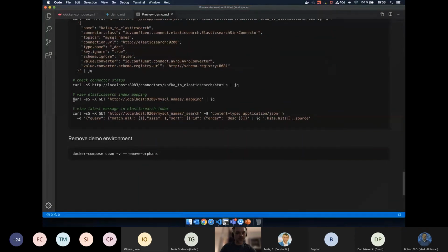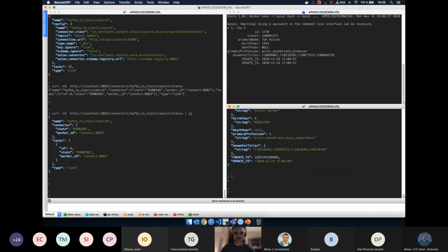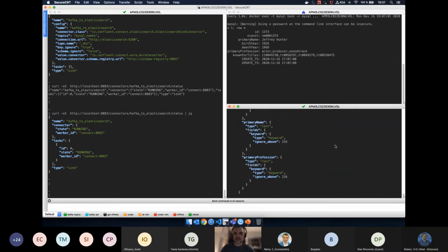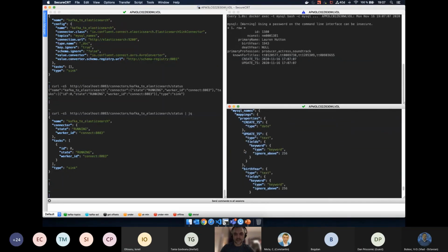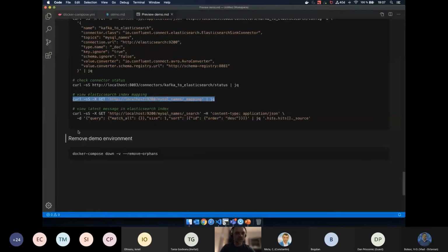And you can see the mapping of our index in Elasticsearch with a quick REST call. And we see the data structure for our index. We have the same fields basically we have in our database and in our Kafka topic.